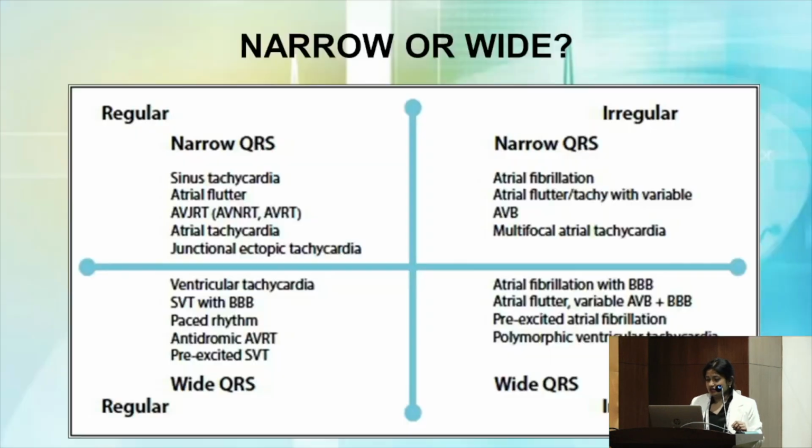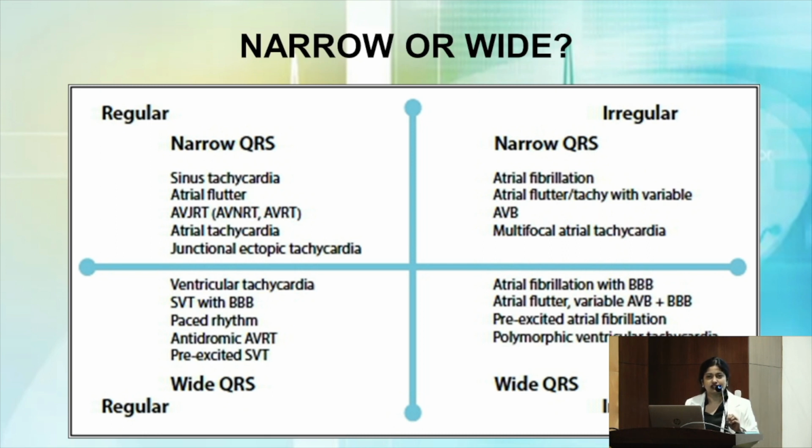So tachyarrhythmias. When you come across any tachyarrhythmia in your ECG, the first thing you need to see is whether it's a narrow complex or a broad complex. That is, the QRS is more than 120 milliseconds or not. Second thing, whether it's regular or irregular. If you are able to decide on these things, then you will be able to pinpoint your diagnosis to certain